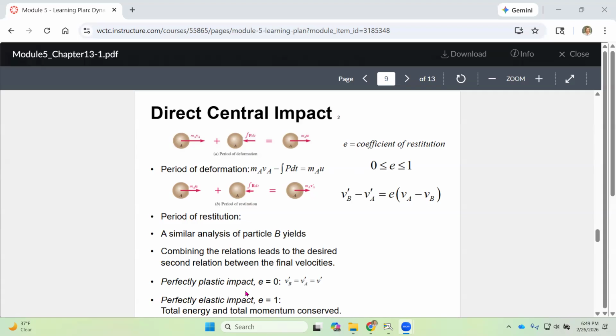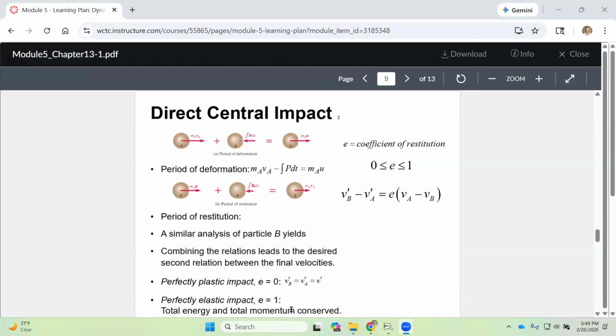And then they continue on together. That means that the coefficient of restitution is going to be 0, okay? So they're going to stay together. But if you have a perfectly elastic collision, then our coefficient of restitution is going to be 1. Okay. And that just means that they bounce right off of each other and there's really no deformation, which